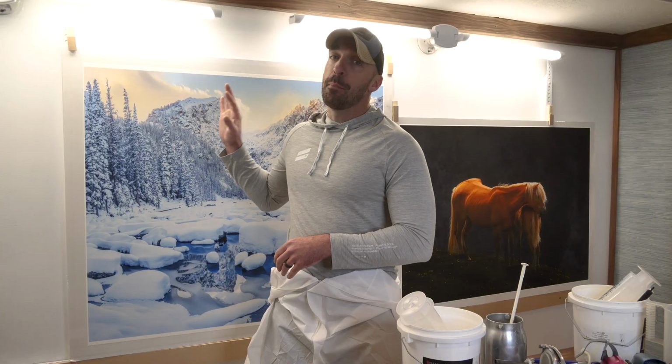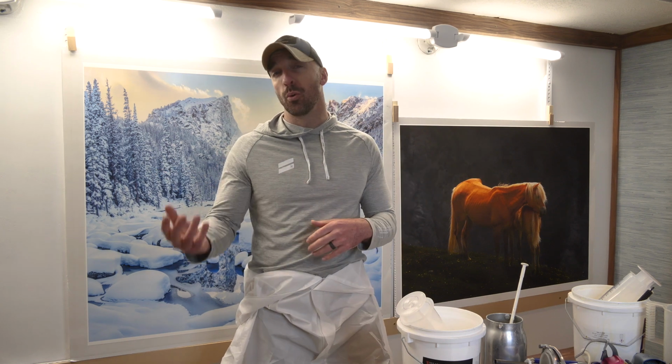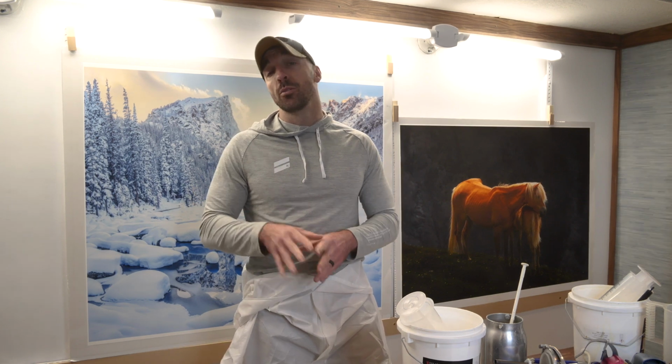Now, first thing is I mount all of my prints before I spray them. And this isn't actually the way Breathing Color recommends. They essentially recommend that you clip the loose print to either a board or the wall and then spray it that way. And that's totally fine. It also has the added benefit of giving that protection when you run it through the rollers to laminate it,